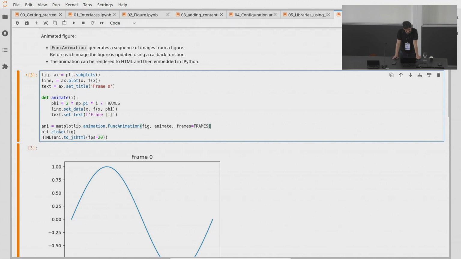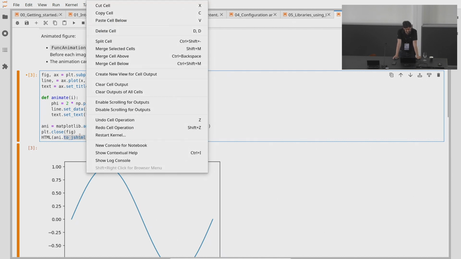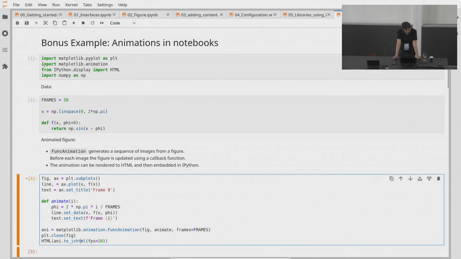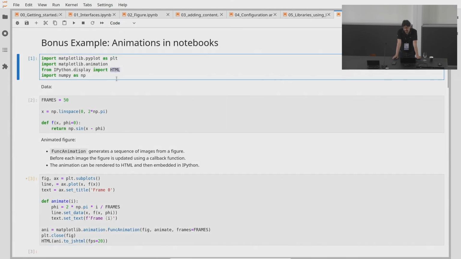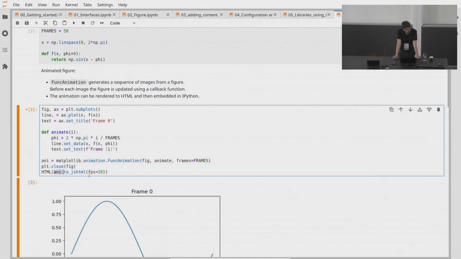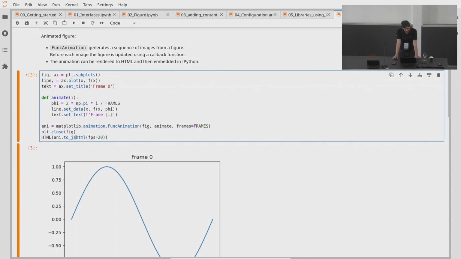to do that, we can convert the animation to HTML plus JavaScript. And then from IPython, you can embed HTML again. So you take that HTML that the animation generates and embed that into your notebook. So this is a bit of boilerplate, but the essential concept here is you create your first animation, you save all the artists you later want to modify,